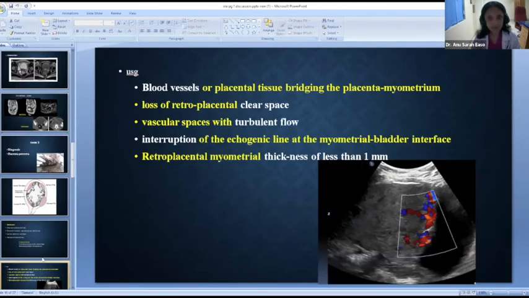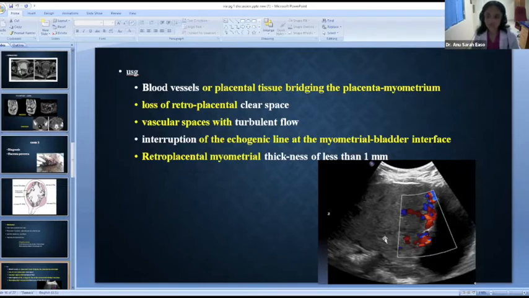Yes. So this is the ultrasound image of the patient, and here we can see that the placenta in this image also is extending outside the uterus and it's extending on the serosal margin. So it's relatively easier to diagnose a placenta percreta, but the lower forms, placenta accreta and increta, are a little bit difficult to diagnose on ultrasound. So you have to have a high index of suspicion.